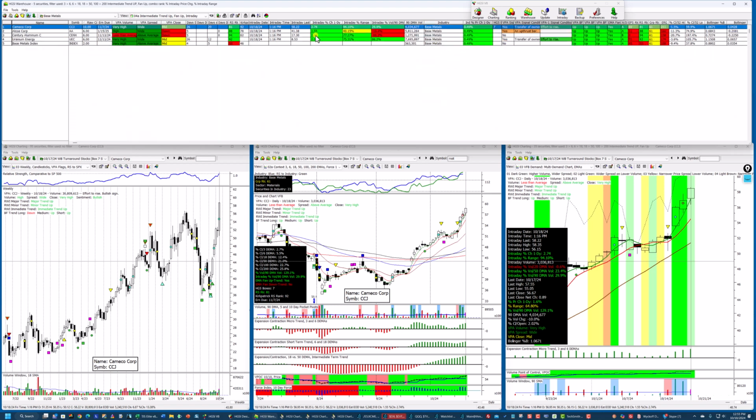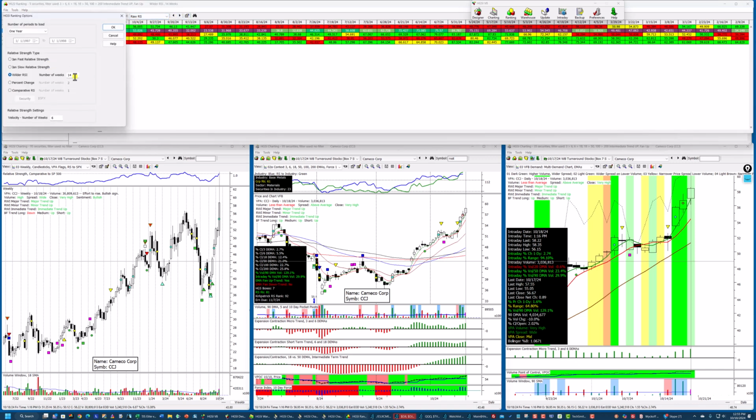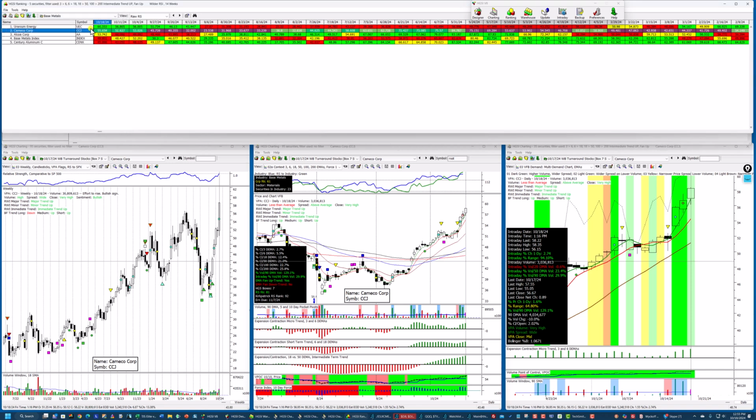How do you find the leader in the group? You click on the ranking module, and then what I do is I like to use this Wilder 14 weeks. It'll show me the stocks that are trading well above or near the top of the Wilder. I'll change this to relative strength. And you can see that uranium industry is actually a little bit stronger here. And when it went from red to green, that's when this stock took off. And then I'll come back to